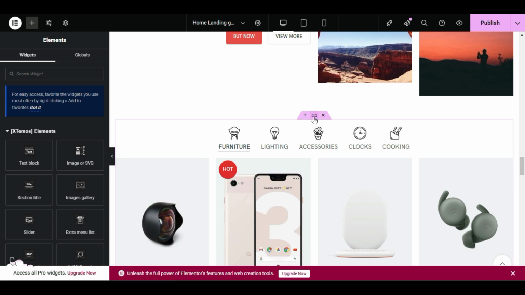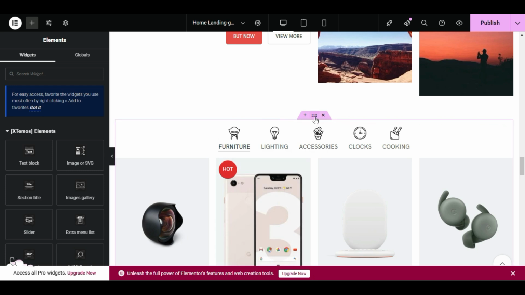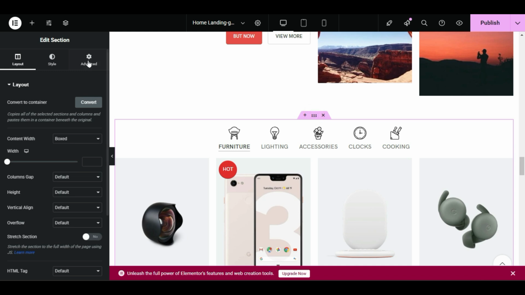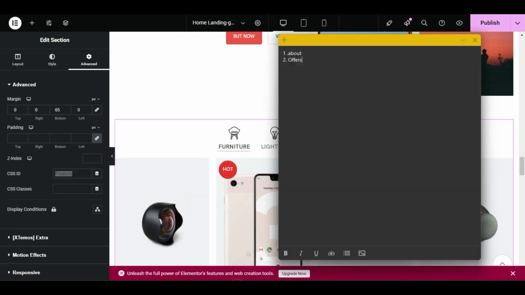So let me hover first my mouse to this particular whole section. If we click here, the three dot container edit section, this will cover all the sections we just put here. Click on three dot edit section and again come to advanced, and the CSS ID will be here, our products. Sorry, or you can display only products. Now let me copy the CSS ID and I will take note. Number third will be our